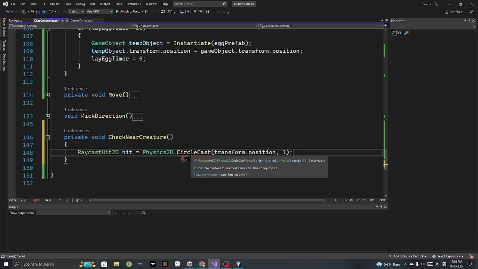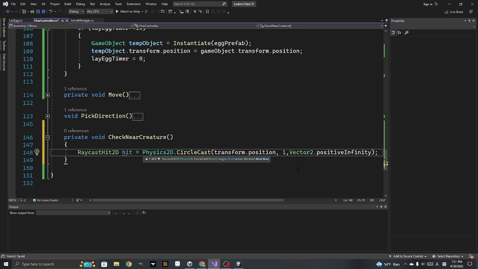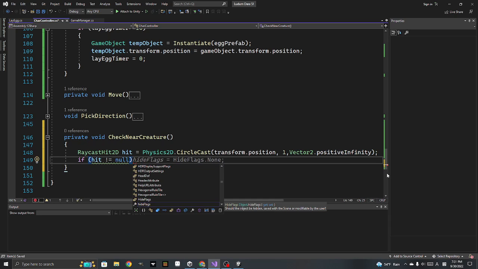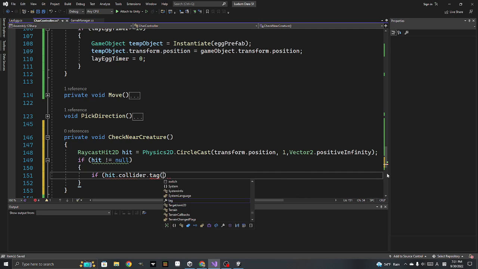No overload. Radius and then direction. So the direction will be vector 2 up or positive infinity. I don't know, maybe like that. Okay. If hit is not null, if hit collider dot tag is equal to creature. So if we hit a creature,